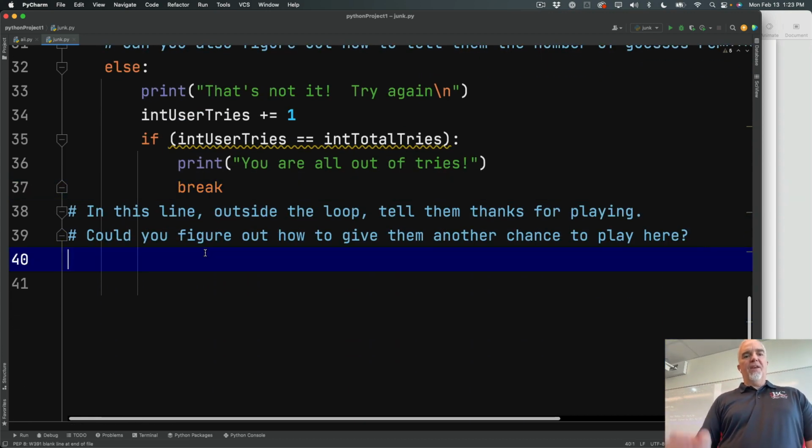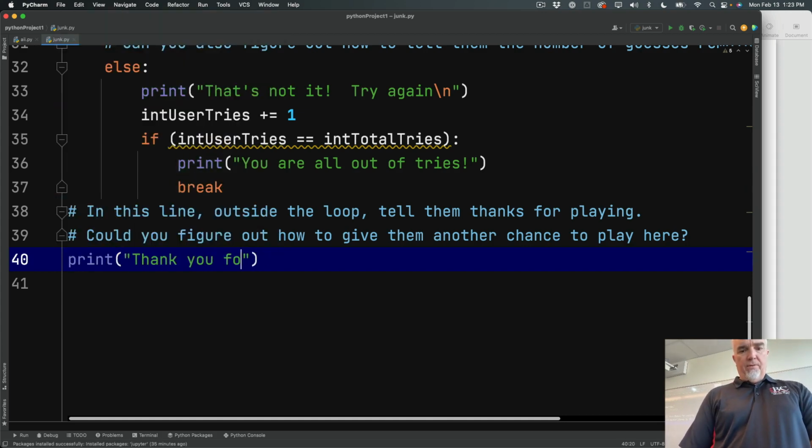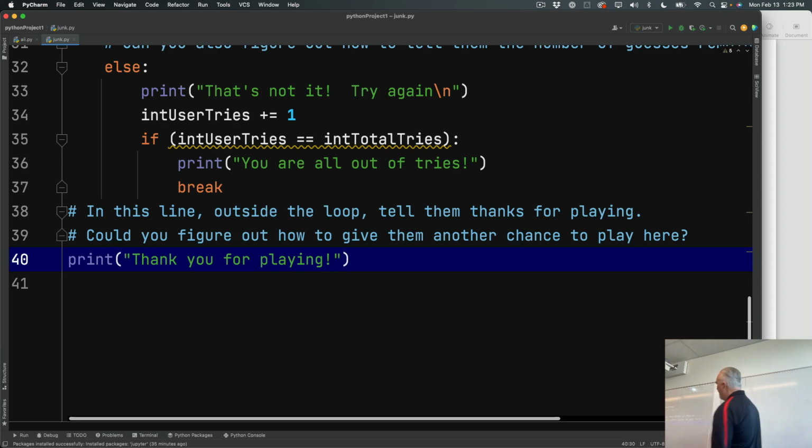And so this is after the loop. Notice I'm unindenting all the way back out to here, which is outside the loop. It's the main thread of the program. I'm going to say, thank you for playing. Okay. I might want to say something like,